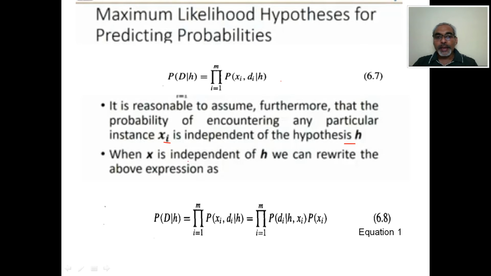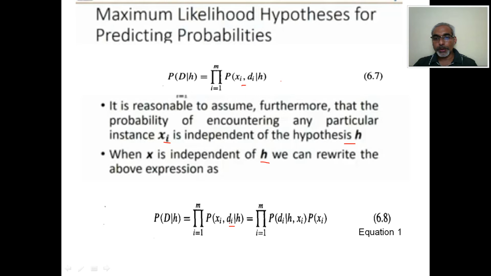And when x is independent of h, so when this x is completely independent of h, it does not depend on this hypothesis h, now we can rewrite this expression as probability of d given h equal to product for i equal to 1 to m, probability of the same thing, this previous equation, xi comma di given h, is equal to product for i equal to 1 to m, probability of,